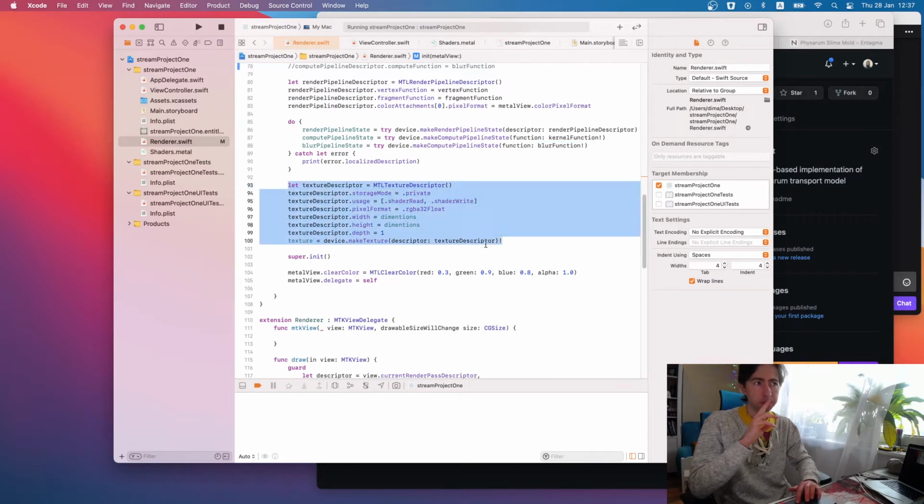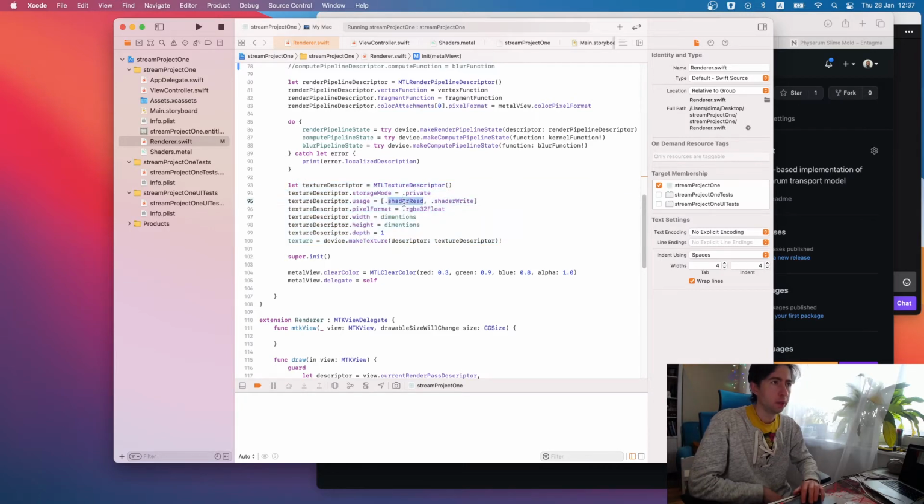Here I'm creating a texture descriptor to create texture to draw on with compute functions, and to draw this texture using fragment shader. Okay, so we need this.